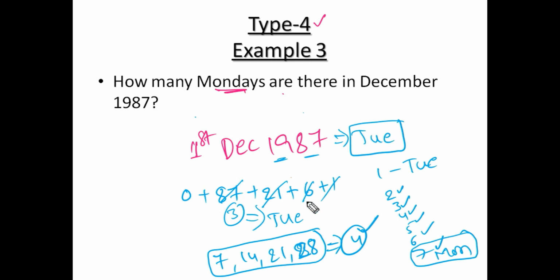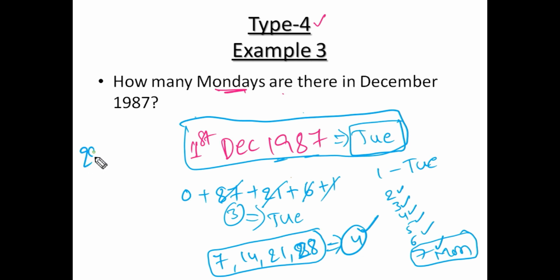So instead of doing all this process, simply by finding the first date, we can tell the answer. See, if a month consists of 28 days, every weekday comes 4 times. If a month consists of 29 days, every weekday will be 4 times plus 1 day will be 5 times. What is that 1 day? Yes, the first date. The first is the same as the 29th day.